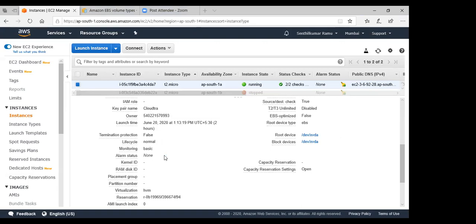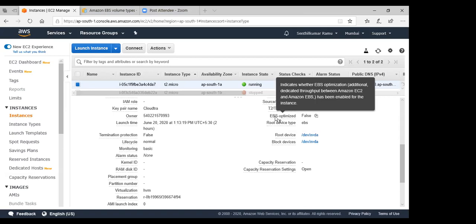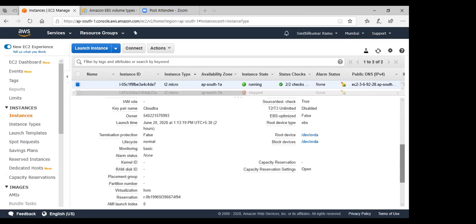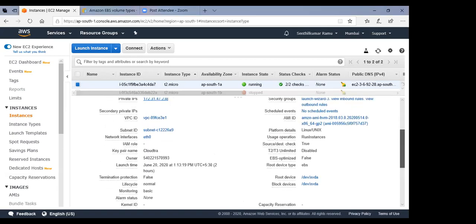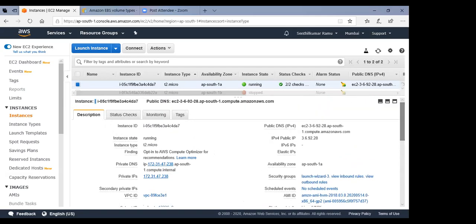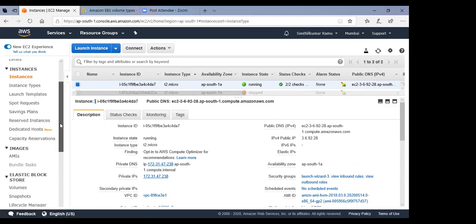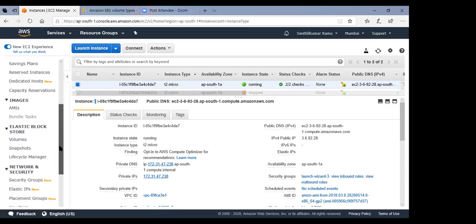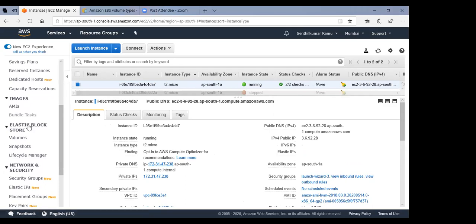Okay, so if you look, there is a root device, there is a block device, right, in the console. The root device here is /dev/xvda, and /dev/xvda is the mount point within Linux, but actually this is your EBS. Elastic Block Store disk runs here. Maybe I will create a new instance, or I will create an EBS disk and associate it with this and stuff like that. Okay, you see the Elastic Block Store,